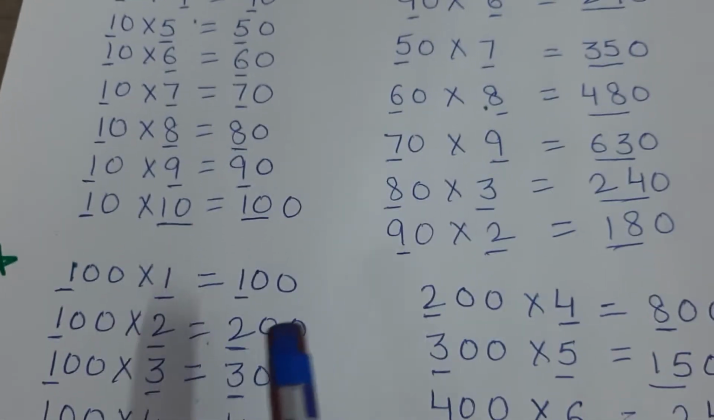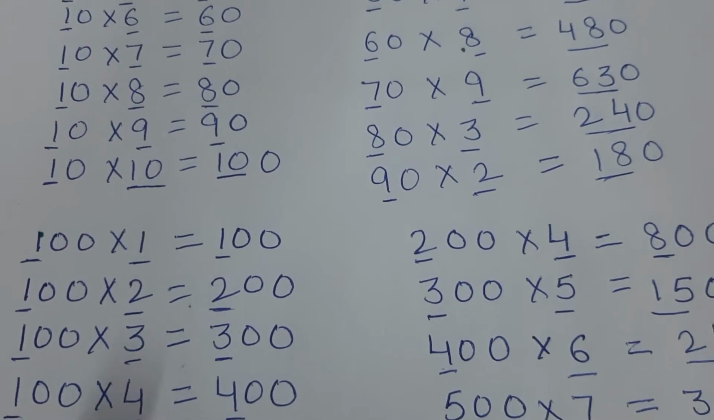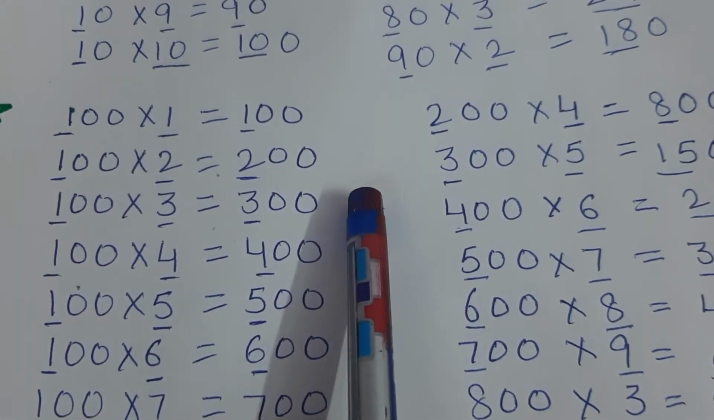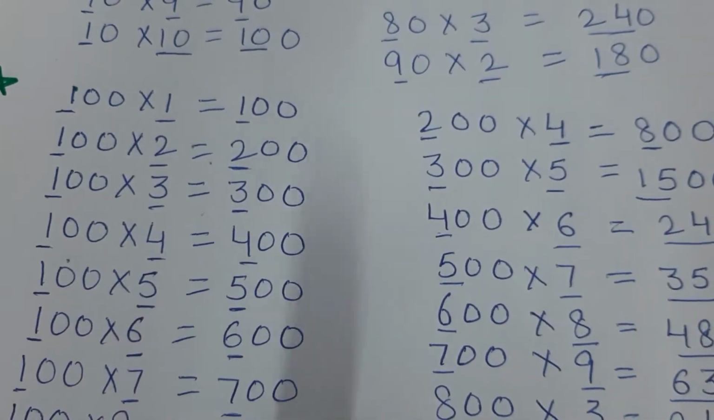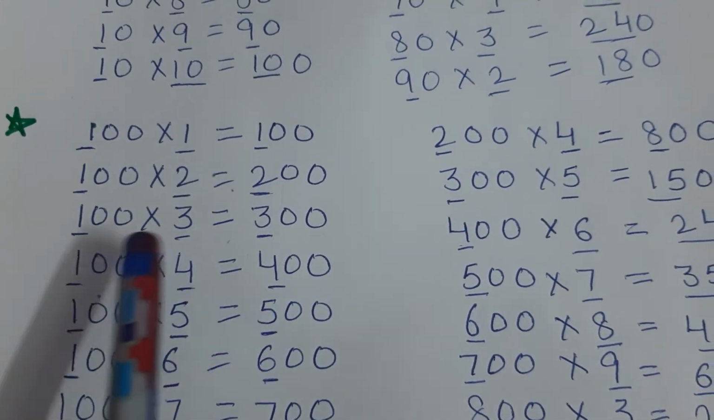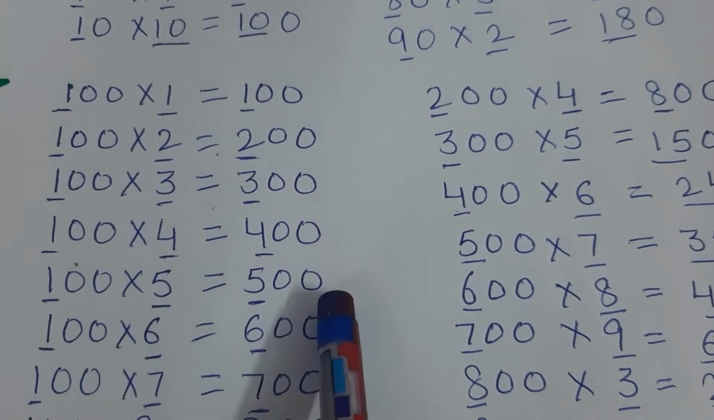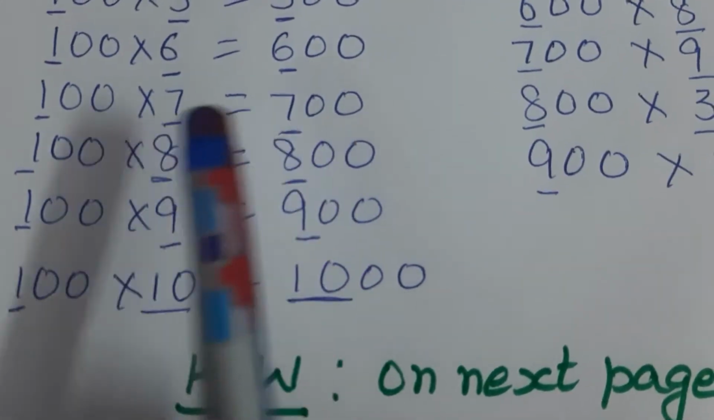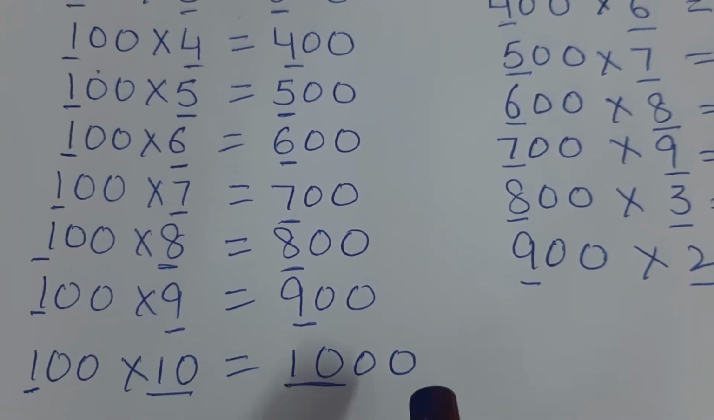So next I am taking how to multiply with 100, 200, 300 up to 900. Similarly, first we will write the hundreds table. It's very easy, as you know the tens table. If you can write the tens table, you can write the hundreds table also. So 100 ones are 100, 100 twos are 200, 100 threes are 300, 100 fours are 400, 100 fives are 500, 100 sixes are 600, 100 sevens are 700, 100 eights are 800, 100 nines are 900, 100 tens are